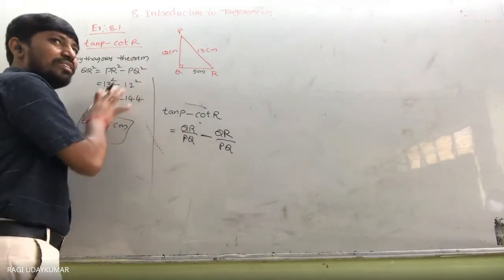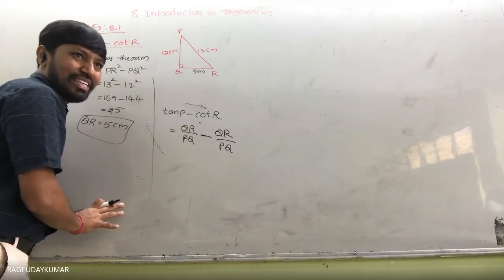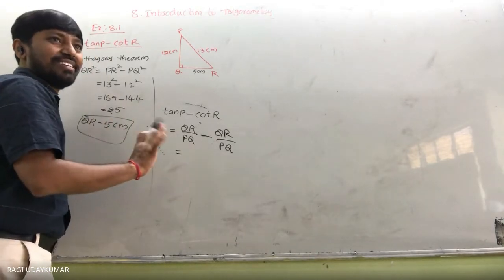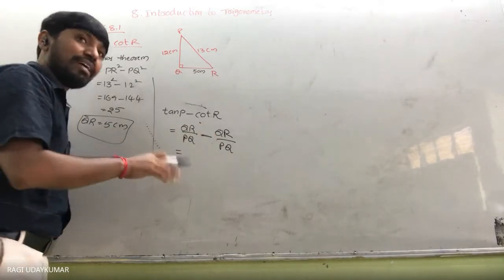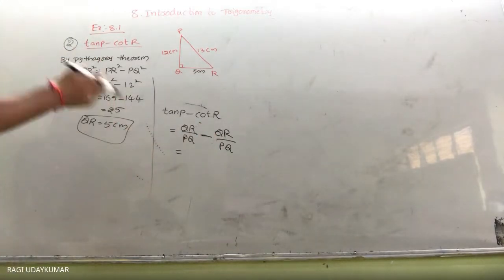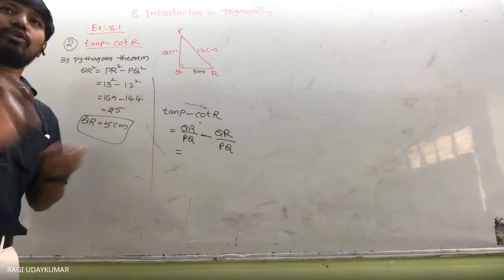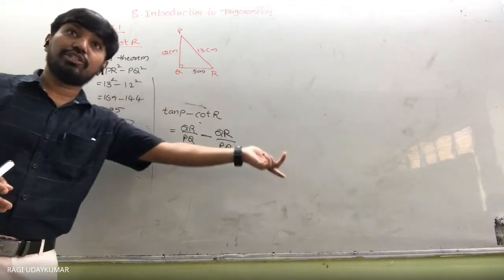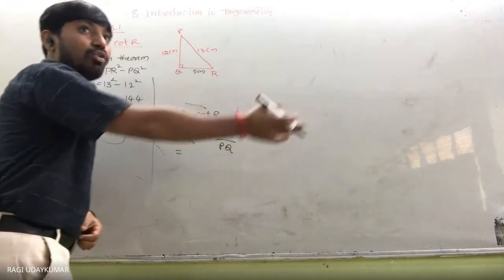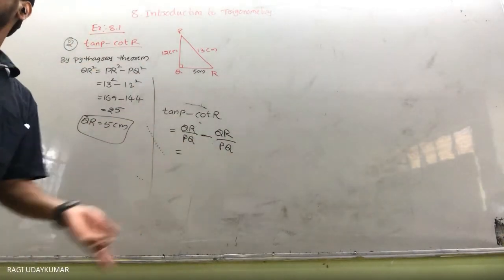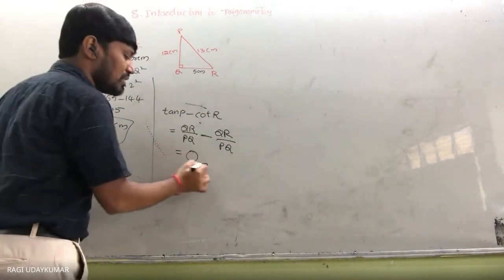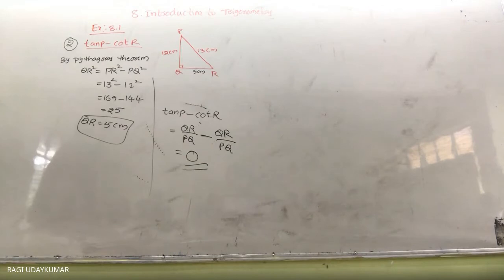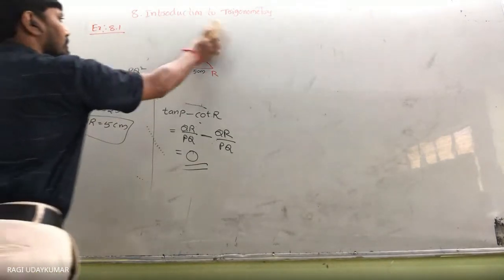It is not necessary for us to actually find out this value also. There is no need to find it out because even without this, you can say that this value is 0, because both are the same values. But why do we find it out here? We don't know in advance that we are going to get the same thing. You people don't know, but I know that. But if instead of this, it asks some other ratio, with a plus or something else, then you should compulsorily take it into consideration. So this becomes a value 0. No need to substitute the values also. Okay. Coming to the next problem, the fourth problem. See here.